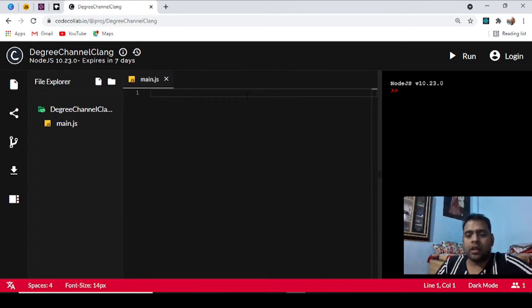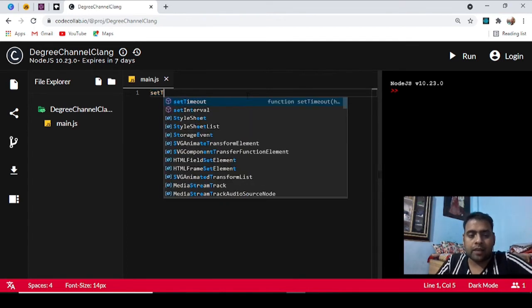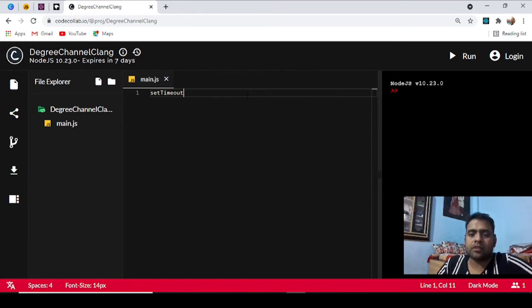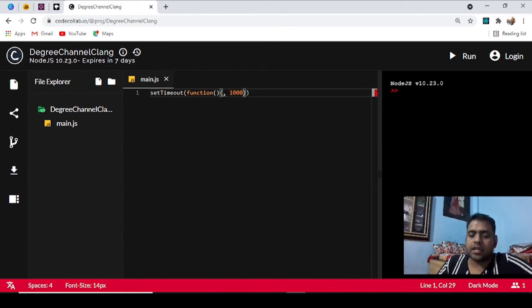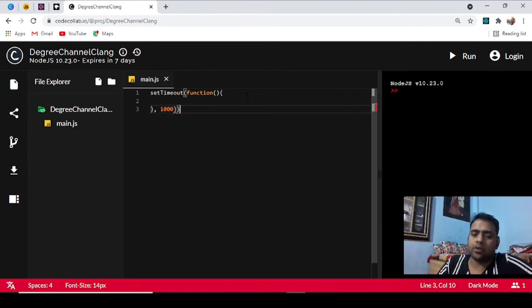Here we will see what setTimeout is. Basically setTimeout is an API, or a function, which is exposed by the browser, or we can say the V8 engine. It is an inbuilt function. This function will trigger our function, meaning it will call our function after a specified time, like I can say 1 second. This is in milliseconds, so 1000 milliseconds means 1 second. After this 1 second, this function will be automatically executed.